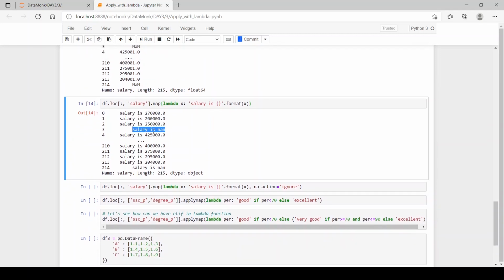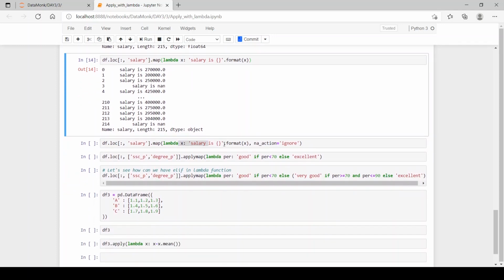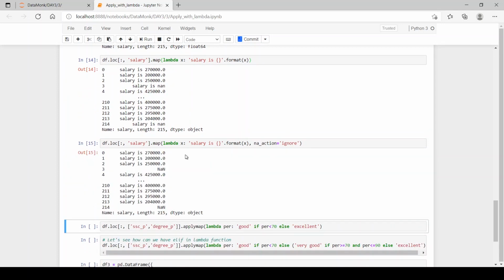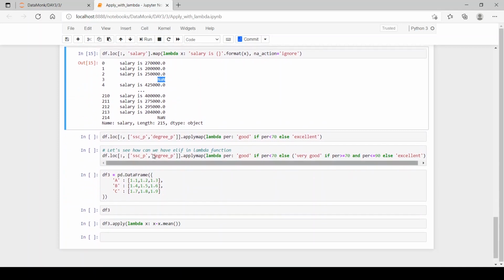If we don't want this, then we can use na_action equal to ignore. It will ignore the NaN and apply the lambda function to the other elements in the column. So when we run this, you can see the NaN value has not been affected.